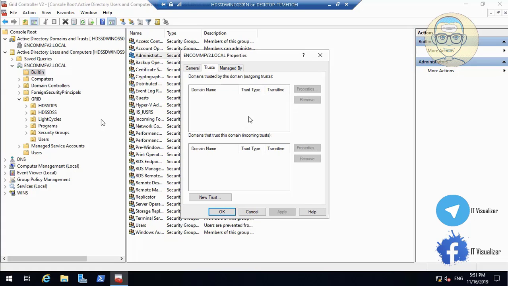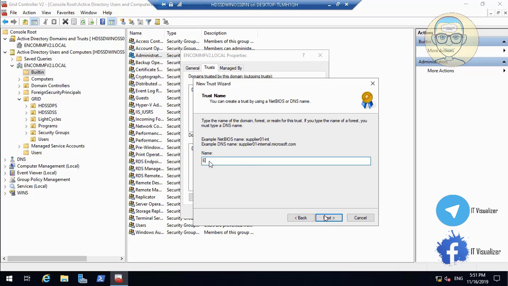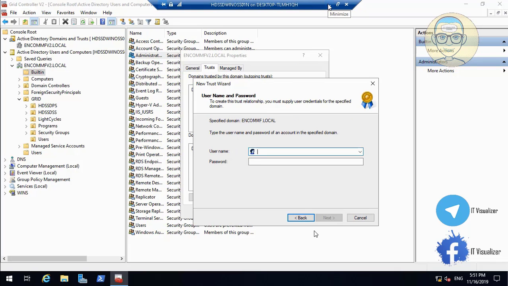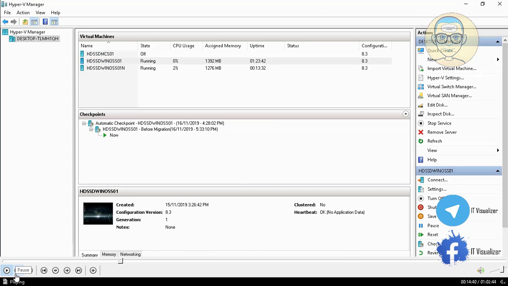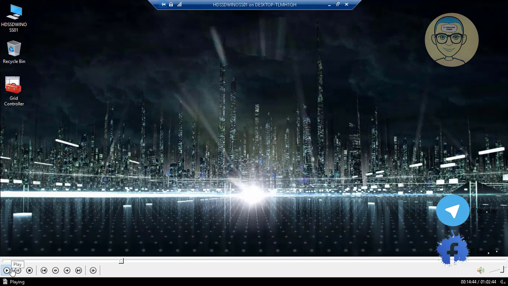We will right click on properties and then trust and tell him new trust. Here we'll tell him next. He will tell him what domain I need to make trust with, which is m.mf.local. Okay, this will be the domain that I make trust with. Okay, and then here he's telling me what is the user that you will use. Okay, so here there is